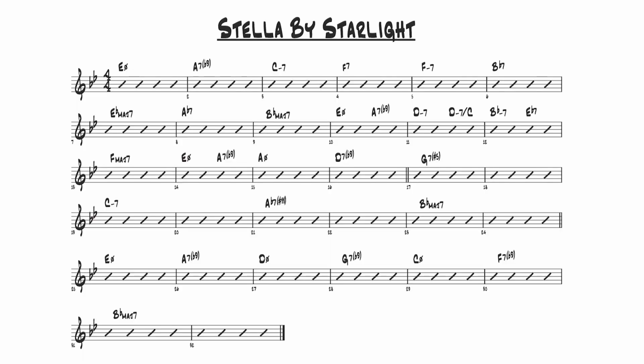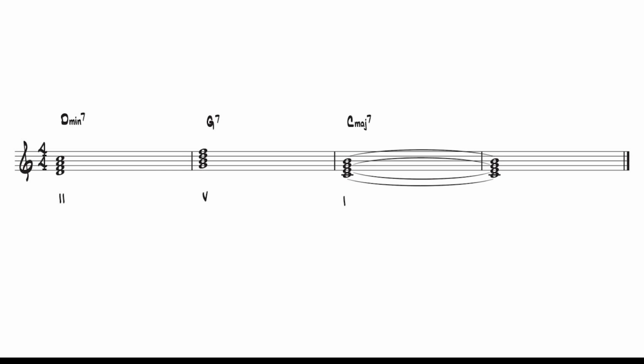Now these are the usual changes to the tune. These changes are chock full of what we call 2/5s, and you've probably heard of 2/5/1s, right? That just means that all three of those chords are in the same key, the key of the 1 chord. So in a major key, the 2 chord is minor, the 5 chord is dominant, and that lower 7th of that 5 chord makes it want to resolve to the 1 chord, which is major.